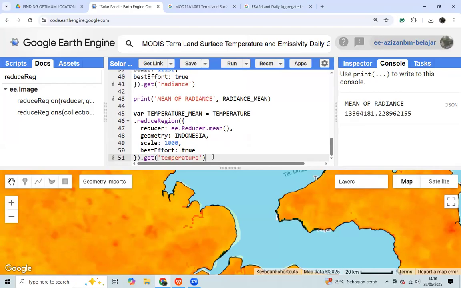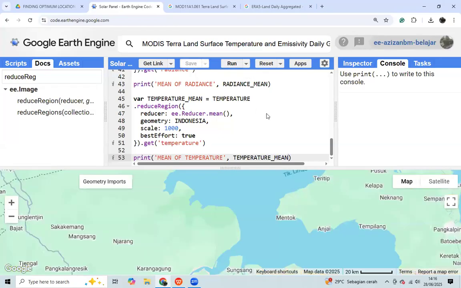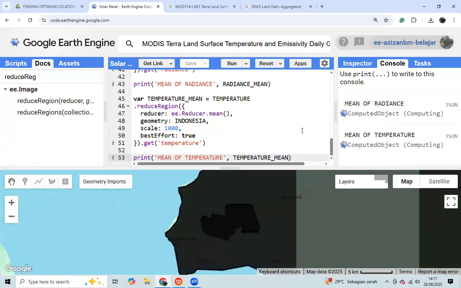Okay. If we save it, we can click run. We wait until it is done.